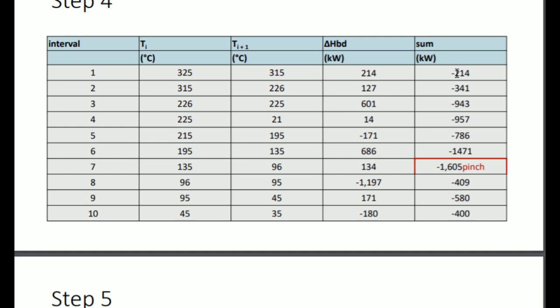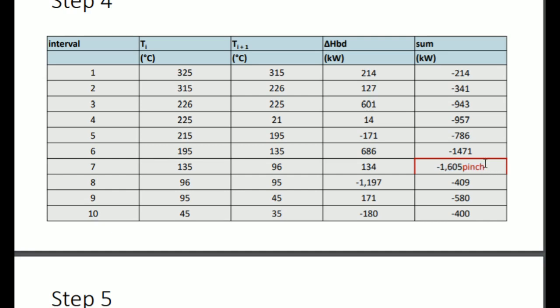So here we have an enthalpy that decreases until this point, and then it increases. Absolutely, it increases up to here, then decreases, then increases, and then decreases. Now the absolute value reaches the maximum that is called the pinch. This value that is the absolute maximum, we will try to cancel it. The goal is that for the interval 7, we get an enthalpy that is equal to 0.